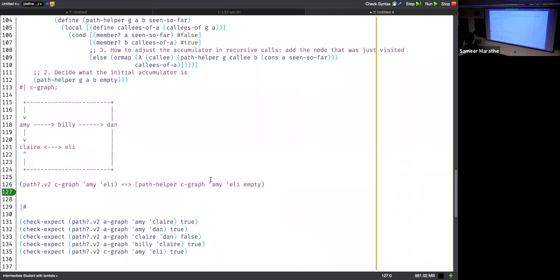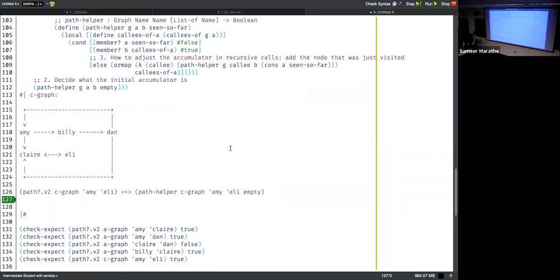Okay. Now the first case, or the first call to path helper, we have an empty list of visited nodes. That means A is definitely not a member of seen so far, so we skip the first condition. We check whether B is in the list of callees of A, right? In this case,